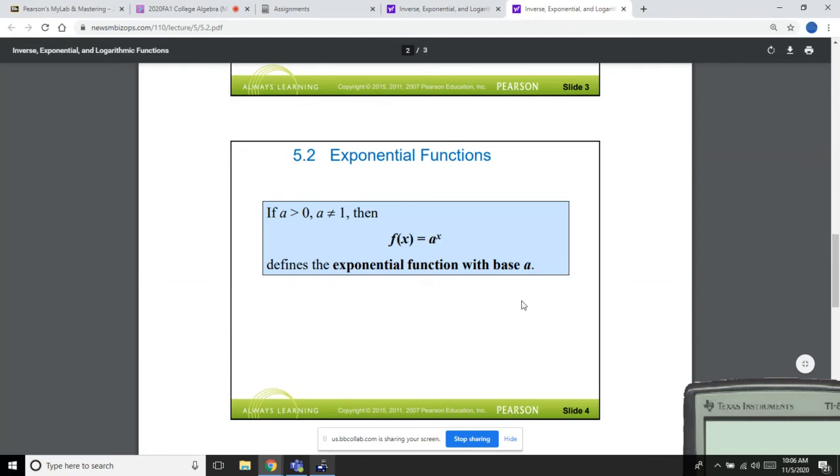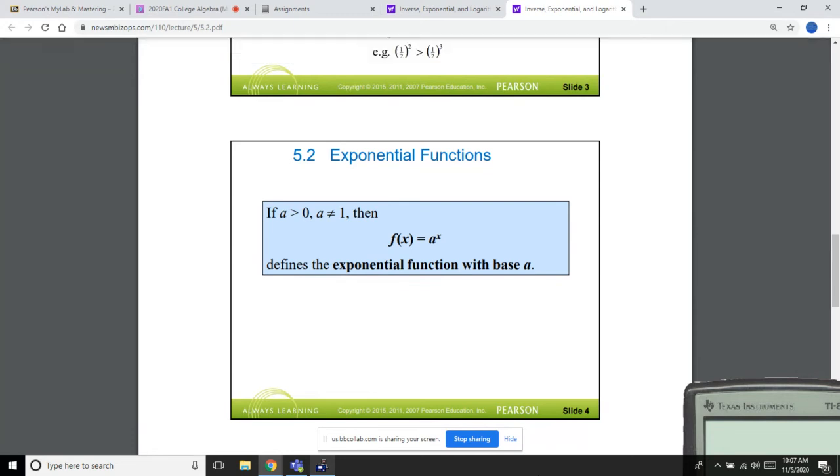with base a. So now here's what's a little bit misleading about this function. The a that you see, that's actually a number. Even though it's a, that a can be any number greater than 1, basically. Right, there is a number here. Your variable x is actually in your exponent. Okay. So just to elaborate on that slightly,